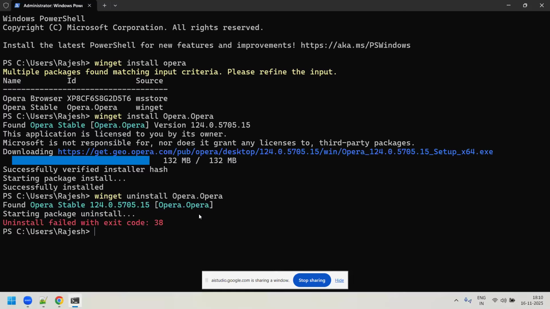Okay, so I want to list all the packages which are installed in my system using the winget command. Could you please let me know the command to list all the packages?